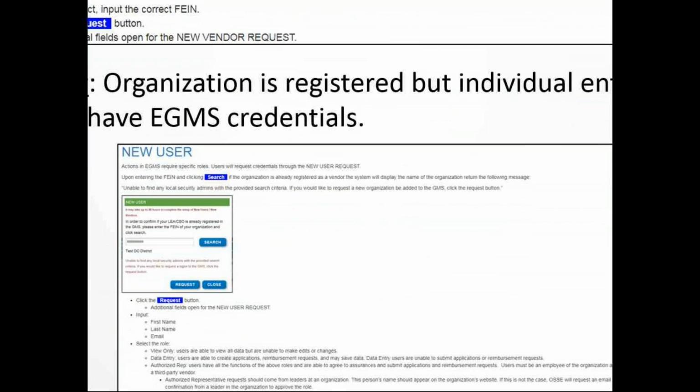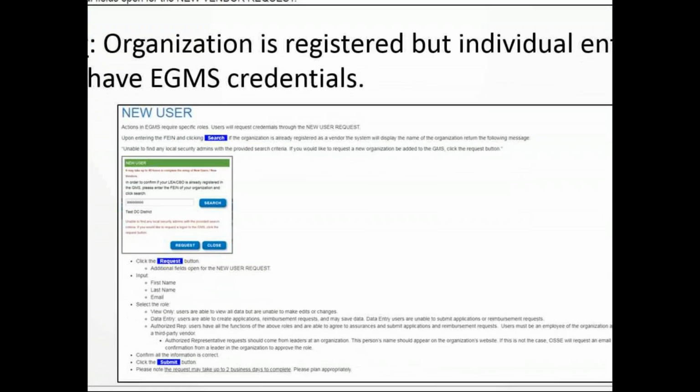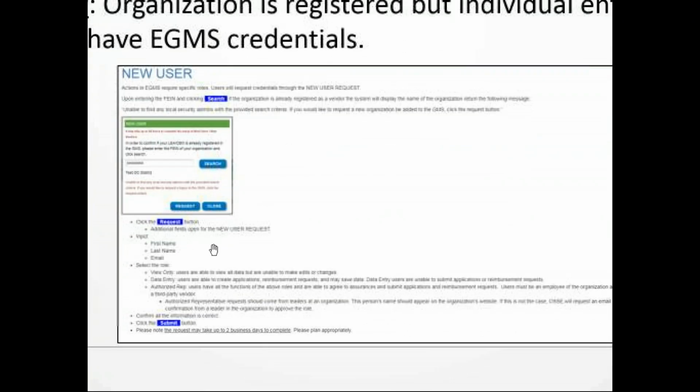So you're still entering the FEIN as the first step. You're clicking search. It'll come back and tell you that the organization is registered, but that you personally are not. And you'll go through request and a new user request. So new user request, it tells you what information you need here. You need your name, first and last, and your email,